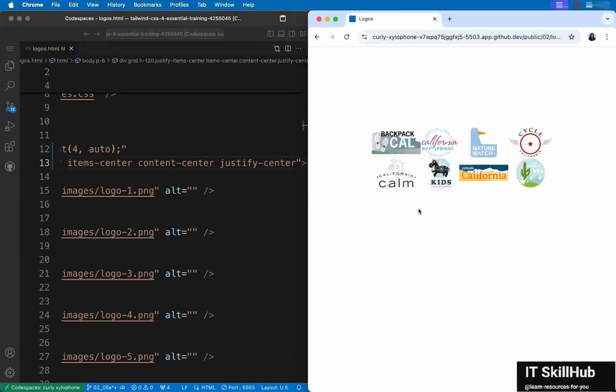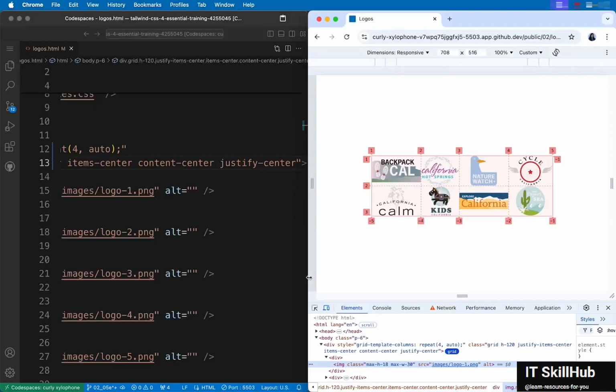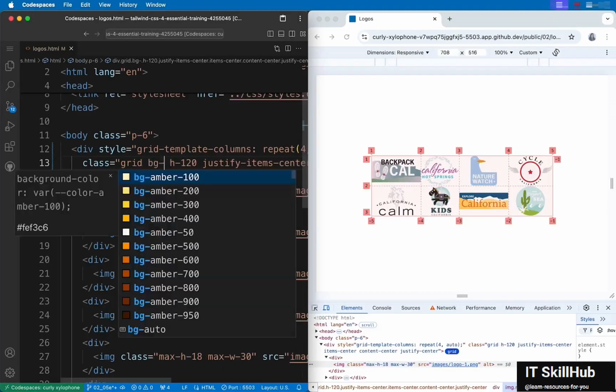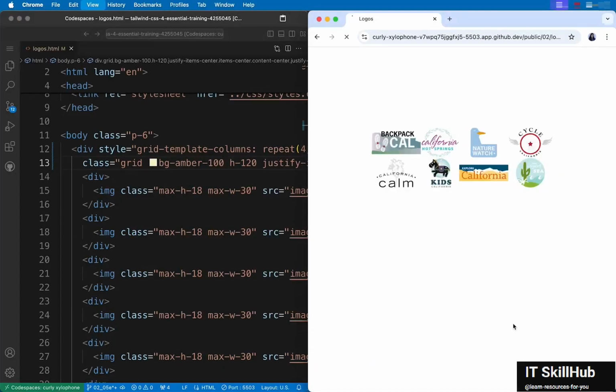Now if you turn back the grid lines on, you will notice that this entire thing is the grid, but all the items and rows and everything are now in the center of the grid layout. If you want, you can add a background color to the parent to see if this is true. So let's say bg-amber-100 or something, and let me refresh it. So that's exactly the grid layout, but now that you have changed the alignment of rows and columns and the items, they all appear this way.